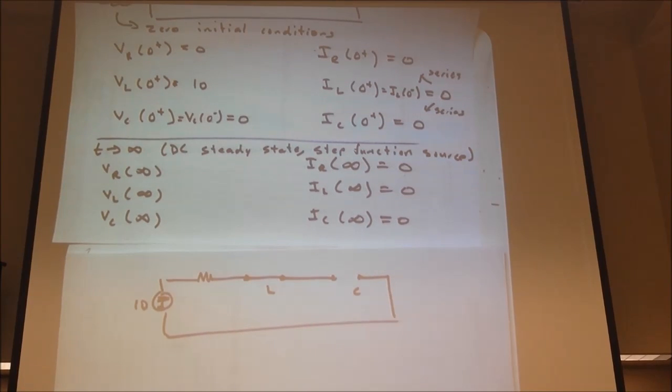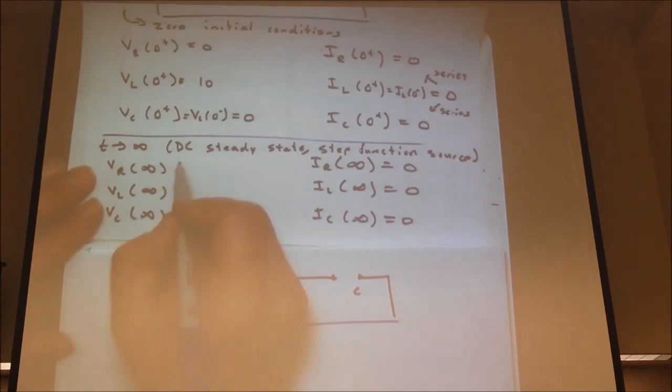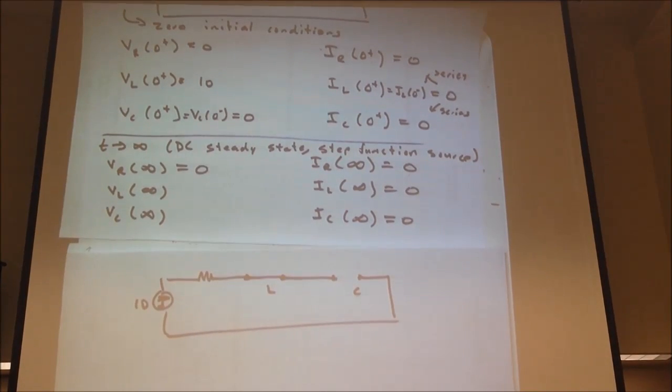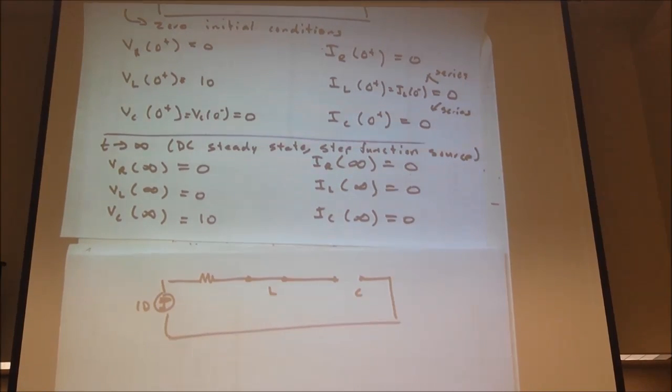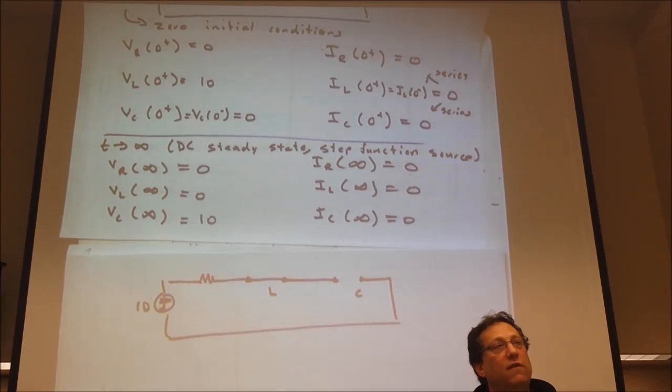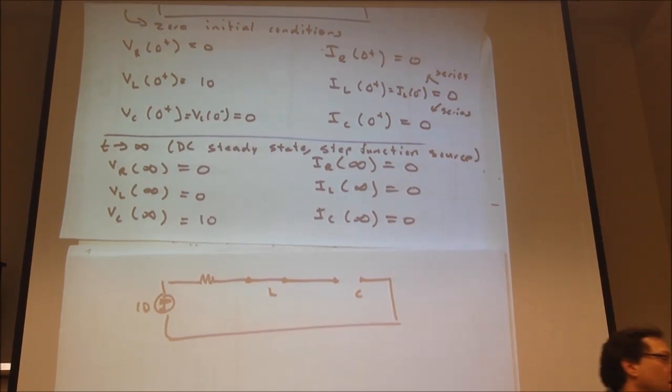Well, once again, current is 0. Ohm's law has not changed, no matter how hard we try to change it. The inductor is a short circuit, so that's got to be 0. And lo and behold, our capacitor is fully charged. So if we wait long enough, all the voltage is across the capacitor. And if we think about what's going on here,